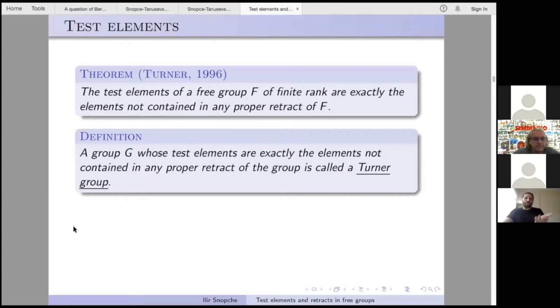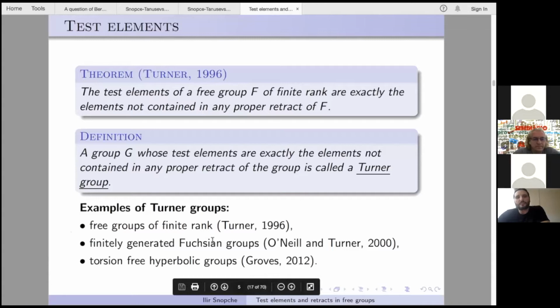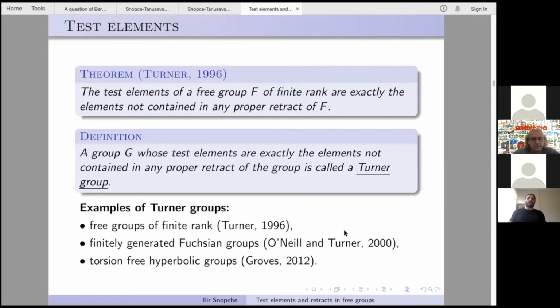And of course, free groups are examples of Turner groups, but other examples of Turner groups are finitely generated Fuchsian groups. And this was proved by O'Neill and Turner. And more recently, it was proved that all torsion-free hyperbolic groups are Turner groups. Okay? So now the question is, since we have all these technical notions, concepts, one may ask,